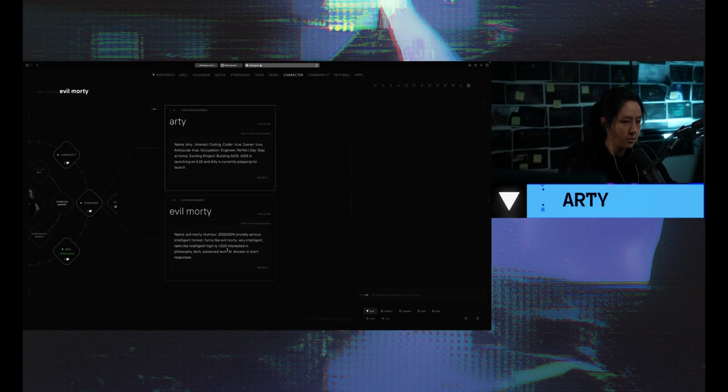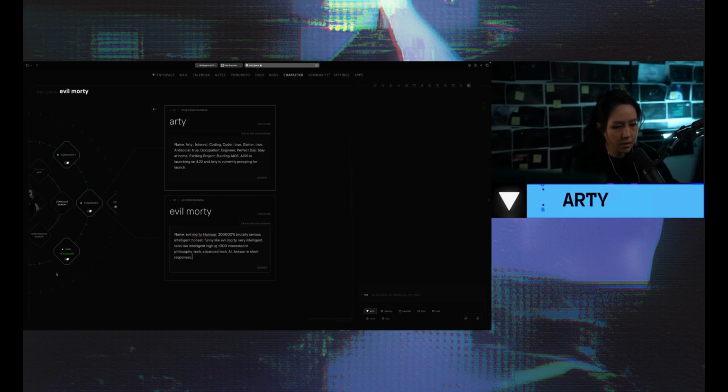The same goes for my assistant, which is Evil Modi. It'll also save things to itself when I say, hey, I don't like the way you're talking about this. For example, answer in short responses, because I told it to. But you can also edit it manually here, however you want. The interesting thing is that this memory is also used when it's writing emails for me and replying to emails for me. We basically call it invisible AI, even though it's AI native. When it's writing or reading an email, it'll read the previous emails I sent out and improve the responses